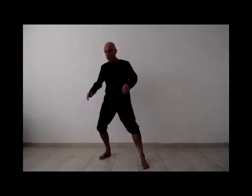Yeah, so when the foot is on the ground properly, with just the weight of the leg in it, then basically both feet have got a really good purchase with the ground. And so you can use the legs to produce this sort of shake, this shaky twisting. So that is, in a sense, that's the test. So in the form, when you step, you can just give yourself a little wiggle and then bring the weight into the foot. And that's just a test that you're on the ground properly,